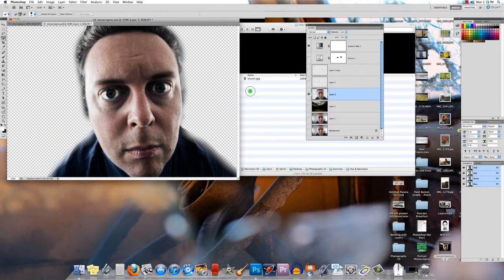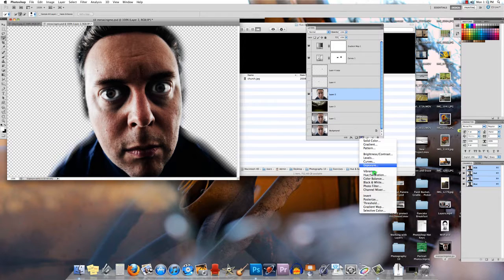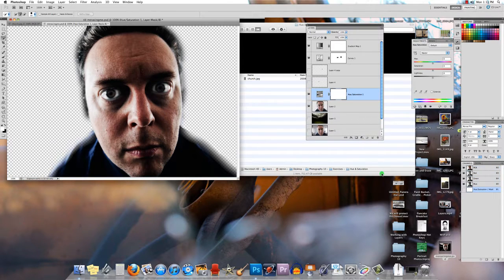When I turn the picture of me on, you can see there's a bit of a gray gradient, just like in the little image here. I also have something called curves, so if I turn this on, you can see it changes the color of my face. These are adjustment layers, and you can find a number of them down here in this little drop-down menu. So just as an example, if I want to choose hue and saturation, I can choose this and I can change the color of my document. Now this affects everything underneath